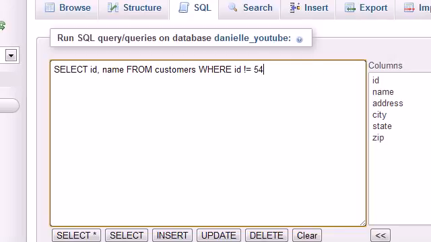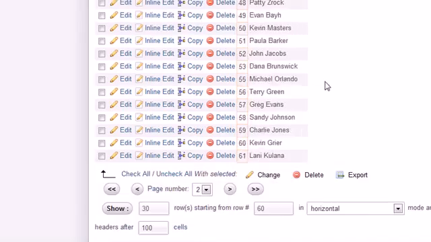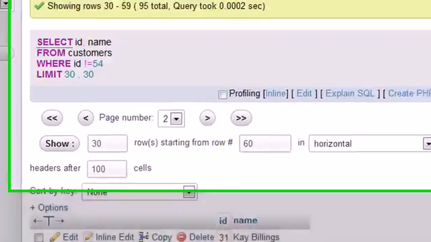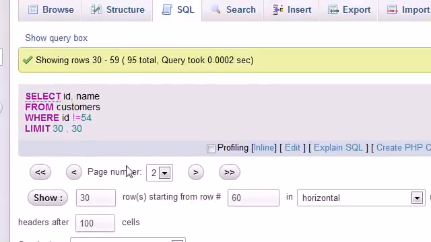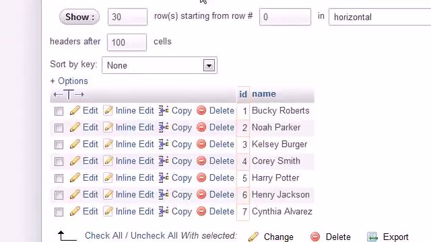So whenever I run this test, it returns all the results. However, if we take a look, you see that 54 is excluded from the result set. That's because we said, okay, give me all the results where the ID is not equal to 54. Now, there are a couple other tests that I'm just going to talk to you guys about real quick. You can also have the less than sign. So if you say, okay, where ID is less than 8 or something like that, go ahead and hit go,